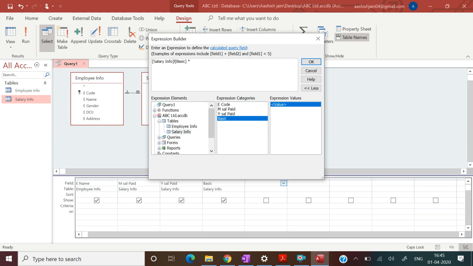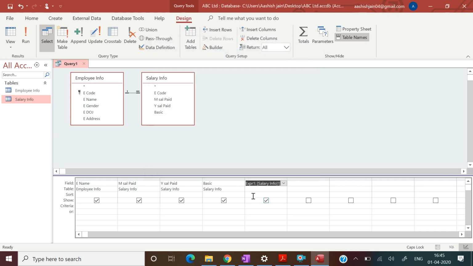That should be 20%, that is 0.20. We can't use any percentage sign here. Now press OK. Now edit Expression 1, that should be DA. Press enter. Now press Ctrl plus S and then press OK.